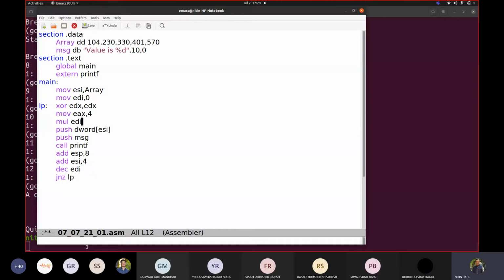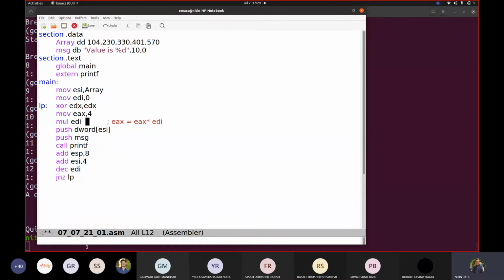So what will happen? Let me write the meaning of this. EAX is equal to EAX multiplied by EDI. That's what this mul EDI instruction means.